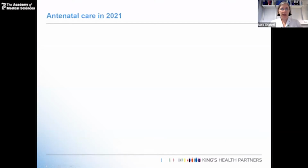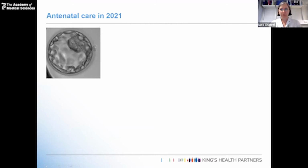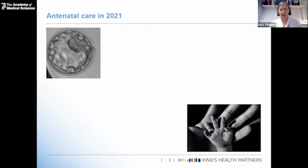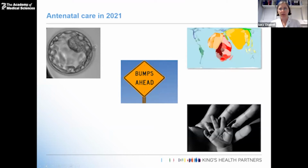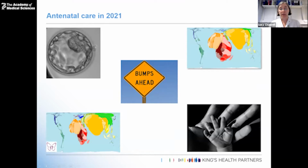What does antenatal care look like in 2021? What's the point of it? Well, broadly speaking, the point of it is to get from a blastocyst to a baby, but needless to say, bumps in the road, and not just for the UK, but this is a map of global maternal mortality, which shows you the health disparities and which is matched by the stillbirth